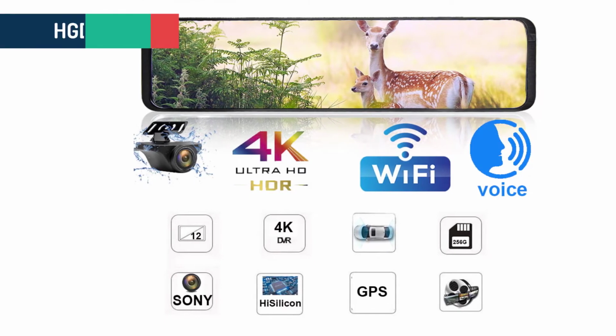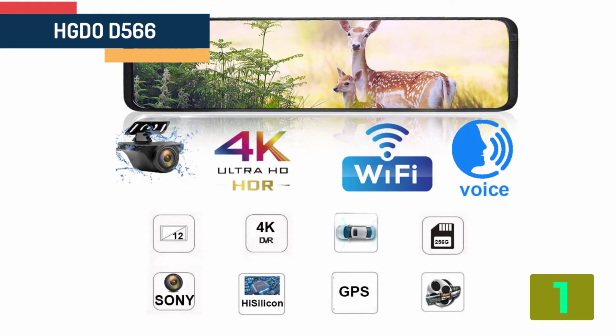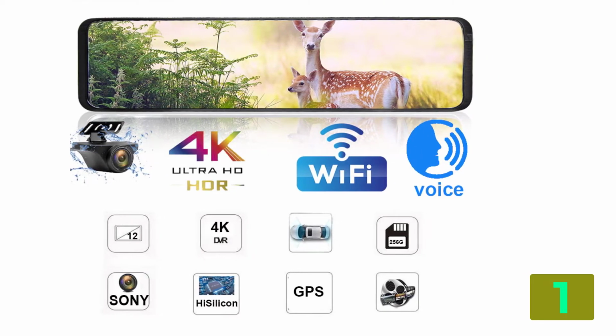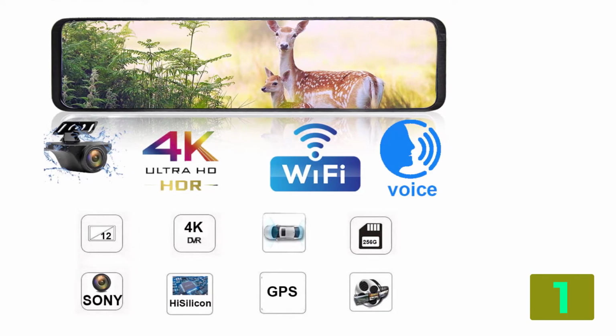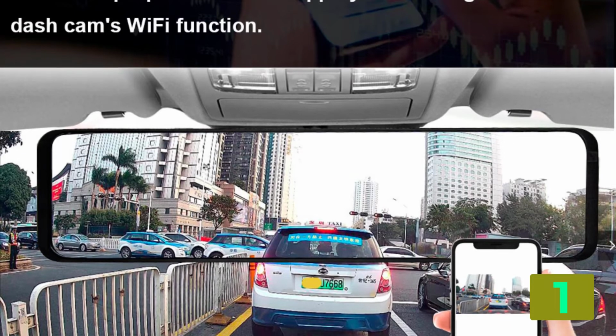On the top of our list at number 1 we have, HEDO D566. Specifications. Brand name, HEDO. Chipset manufacturer, HiSilicon. Frames per second, 25. View angle, 170 degrees. Number of lenses, 2. Camera resolution,